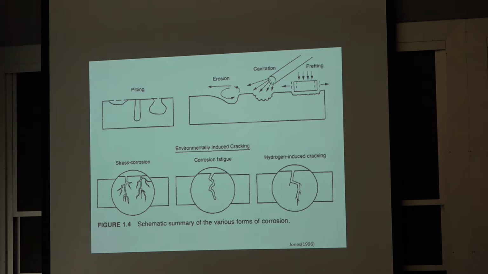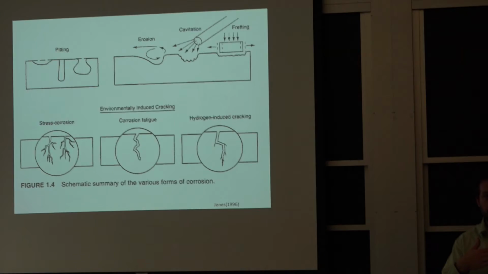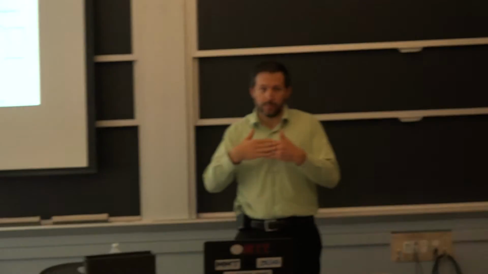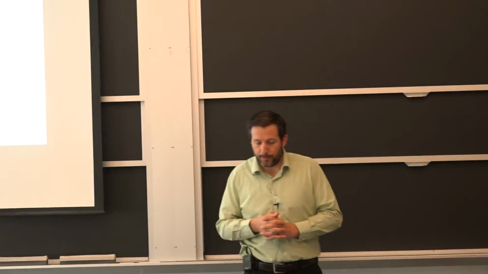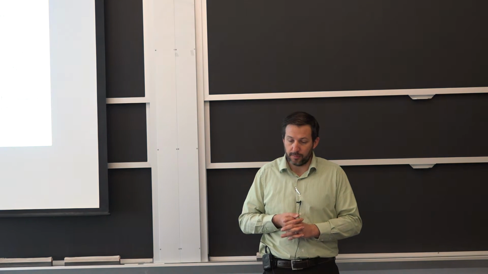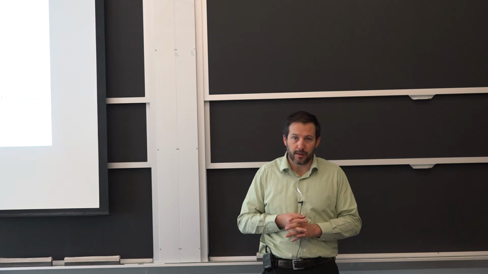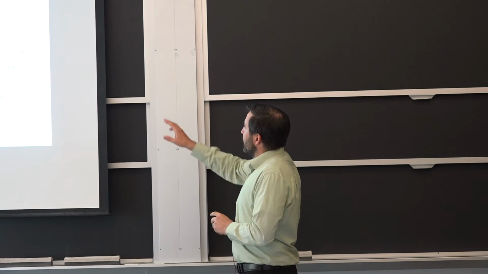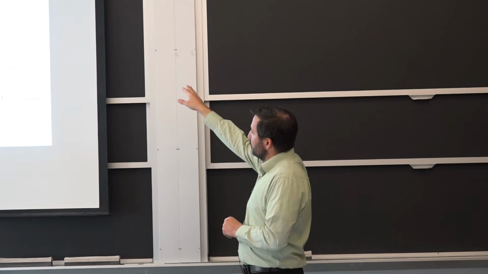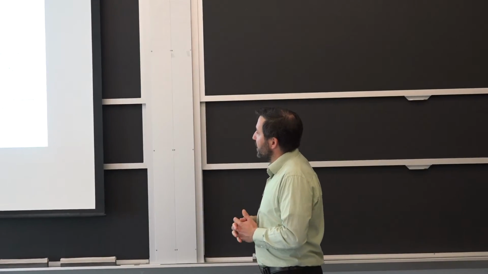So you mechanically separate and detach your protective layer repeatedly. You take it away, it reforms, you take it away, it reforms, and then you have a section loss, essentially also a preferential site to start cracks. That's what happened with fretting. So I guess one way to think of it, this entire first row there, they're all related to the stability